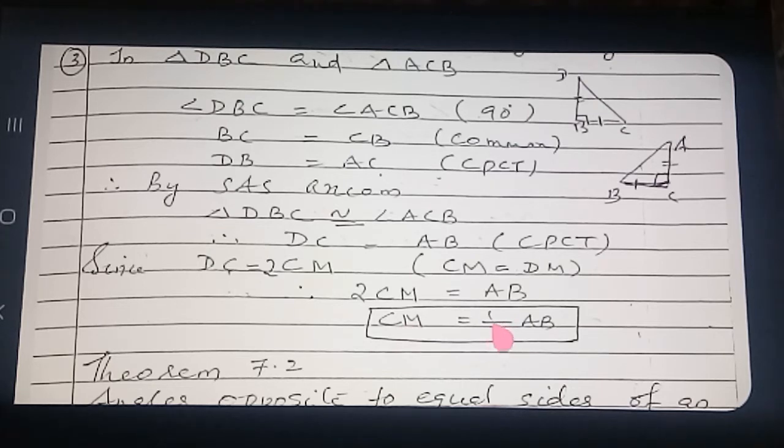Are you clear? Okay, this is a very lengthy rider because how many parts are there? 4 parts are asked in the question. Okay, clear? Okay, we will start once more. You recollect all the points, then we will start with the next theorem.